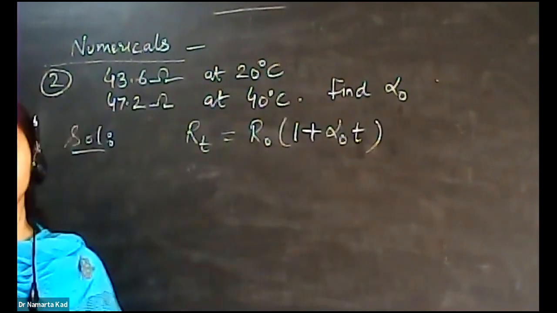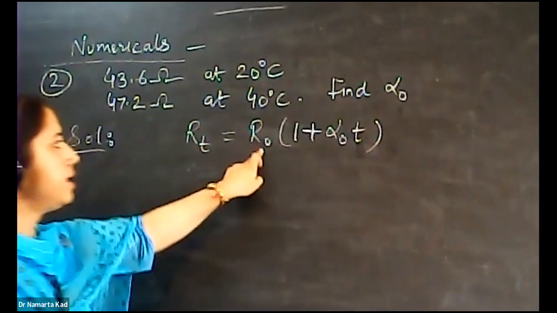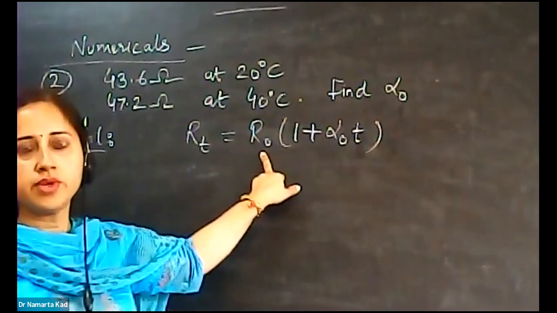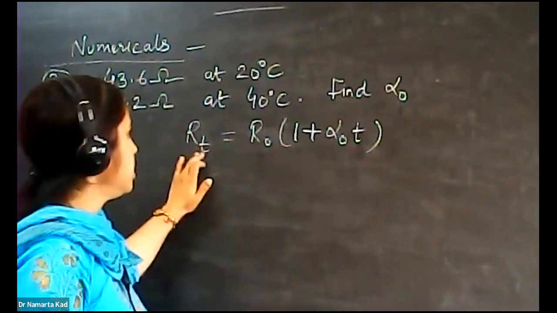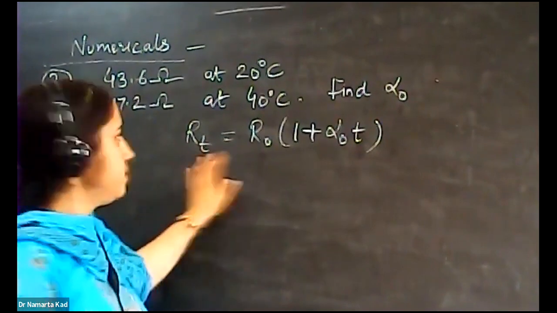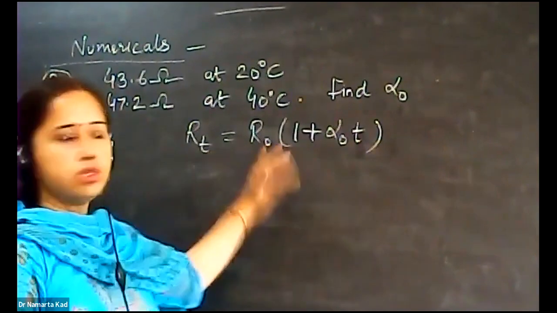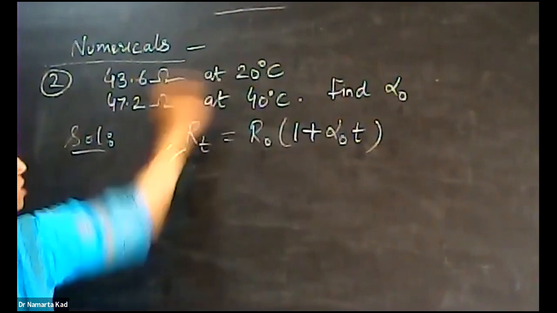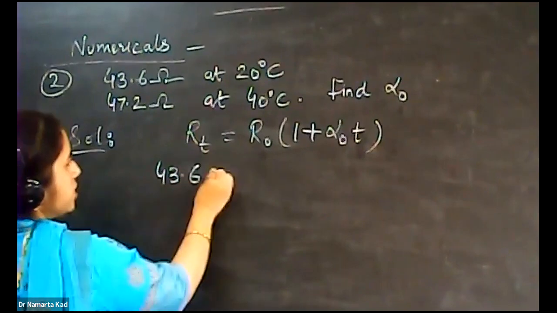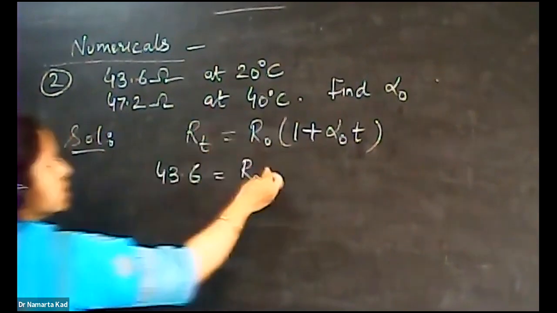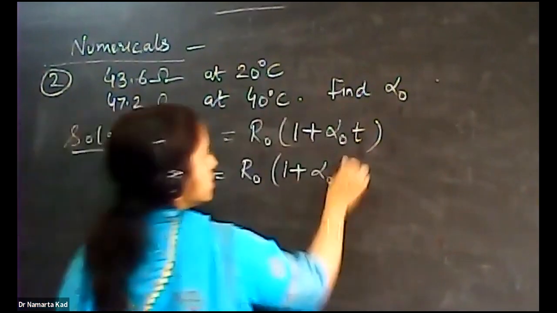ये formula हम use करेंगे, and this is the equation between any temperature T and any other temperature 0 degree C. ठीक है, ये वाली जो बेसिक डेफिनेशन के अकॉर्डिंग हमारी जो इक्वेशन आती है, ये आती है कोई भी टेम्परेचर T है और कोई भी टेम्परेचर 0 डिग्री C है. ठीक है, उन दोनों को मिला के ये इक्वेशन लिखी जाती है. सो एज पर द फर्स्ट कंडीशन के अकॉर्डिंग क्या है, इट कम्स आउट टू बी 43.6 इज इक्वल टू R नॉट इंटू 1 प्लस अल्फा नॉट, और T क्या है 20.